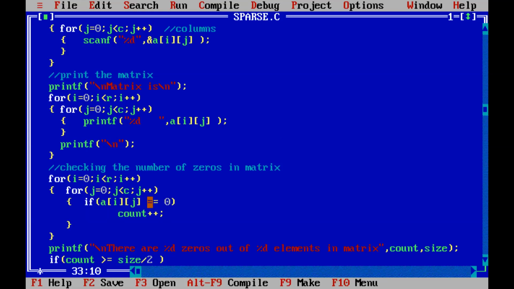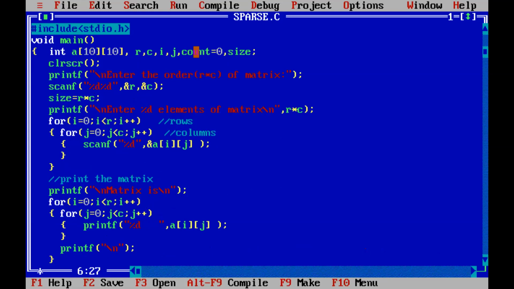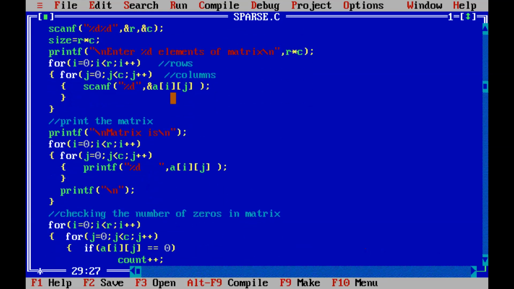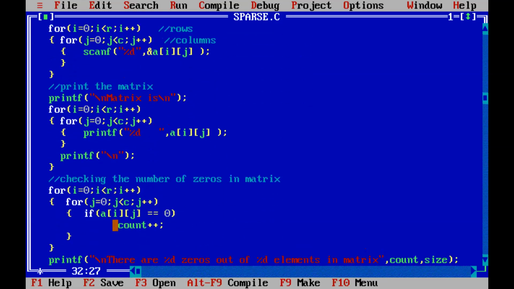Now we are checking whether each element of the matrix, row and column element, is equal to 0. So we are checking if A of ij is equal to 0. That means if the element in the matrix is equal to 0, what will you do? You will increment a variable. That is the count. So whenever we are incrementing a variable, it has to be initialized. If you do not initialize the count, what will happen? So here we have initialized count equal to 0. If you have not initialized it, some garbage values will start printing. Okay. So since we are incrementing a count variable, you have to initialize it first.